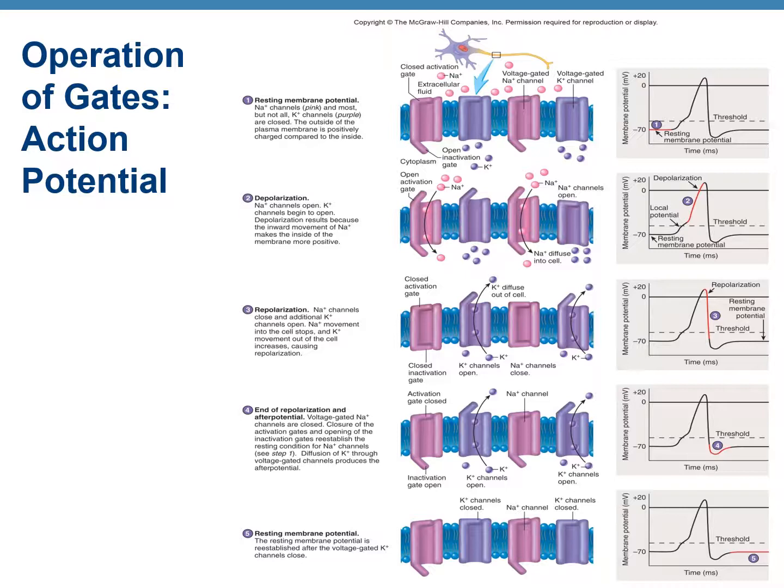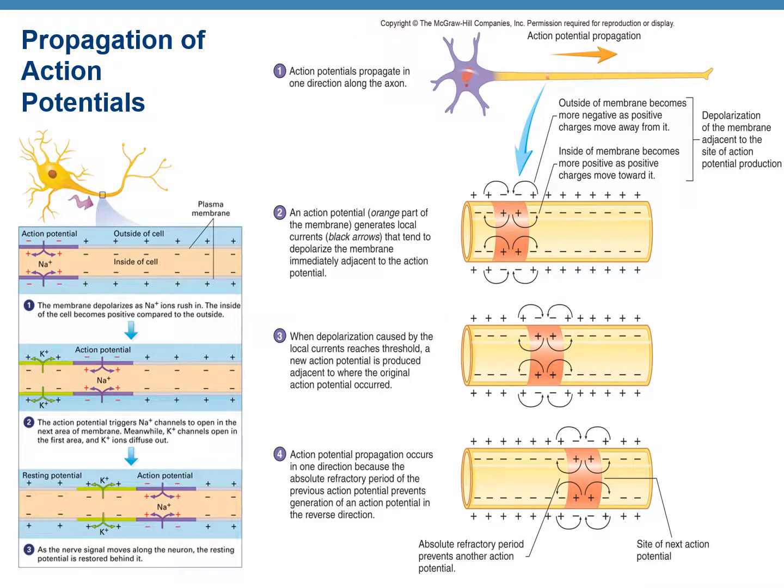This graph shows how the different channel gates help in the 4 stages of the action potential. This figure shows the propagation or movement of the action potential. If you look at the figure on the left side, a tiny portion of the axon, the neuron, has been shown in yellow color. So you see the tiny portion of the axon is enlarged here. So below that axon, action potential, that means localized depolarization, is shown with purple color.